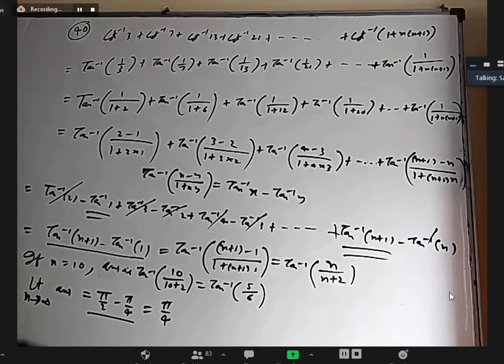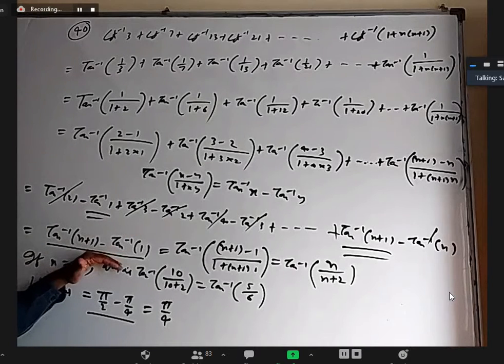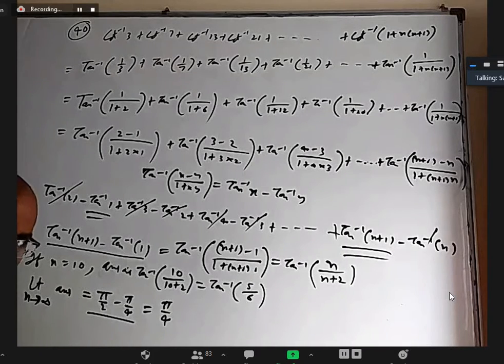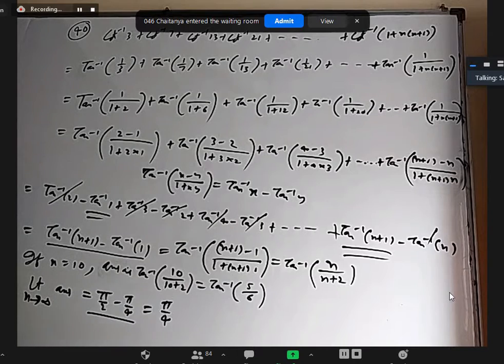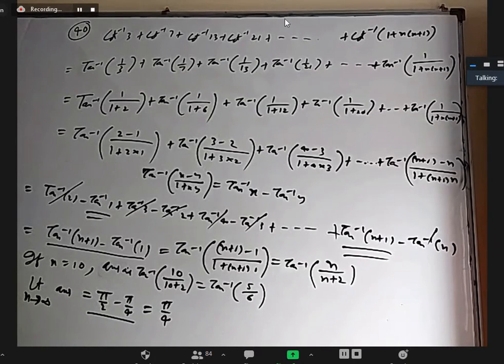Anytime they ask a similar question up to an infinite series, you should not find up to infinite series. You should find up to the nth term, what is the answer, and then apply limit n tends to infinity. Otherwise, you can go wrong sometimes. After all, there is a definition. In geometric progression, when you say infinite GP, you find up to n terms and then when n is tending to infinity, what is that answer? That is basically the sum of infinite terms.